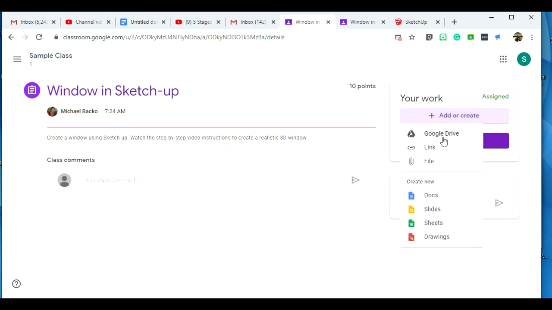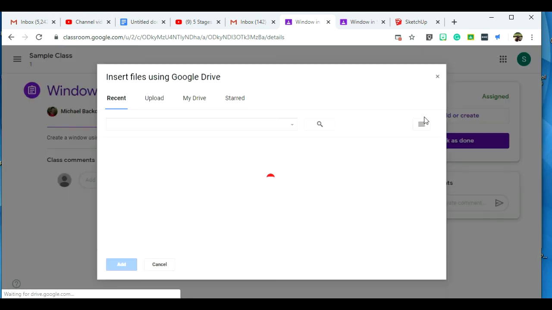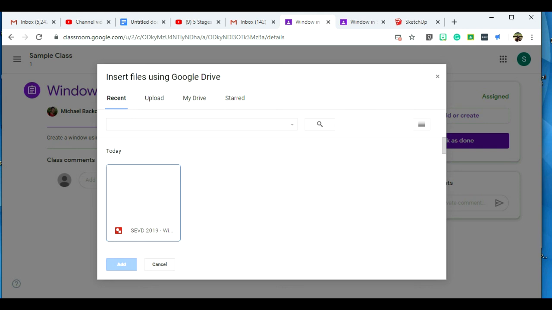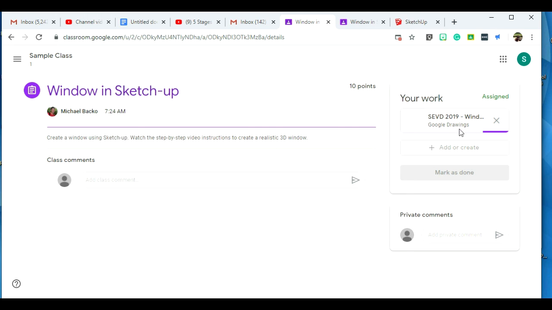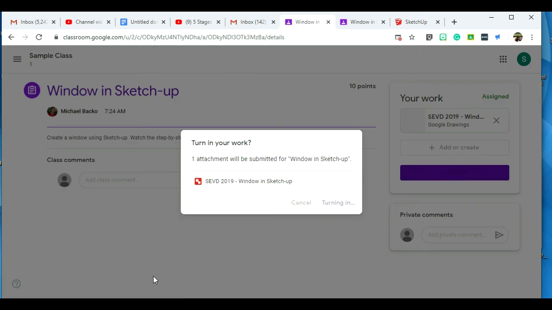And then I should be able to go to my Google Drive. It should actually be saved in my Google Drive. Let's see if it's there. Okay, so there it is. Yeah, window in SketchUp. You can see it there. Then I'm going to click add, and you'll see that it's adding that work right there in my assignment. Then I can click turn in. And if I turn it in,